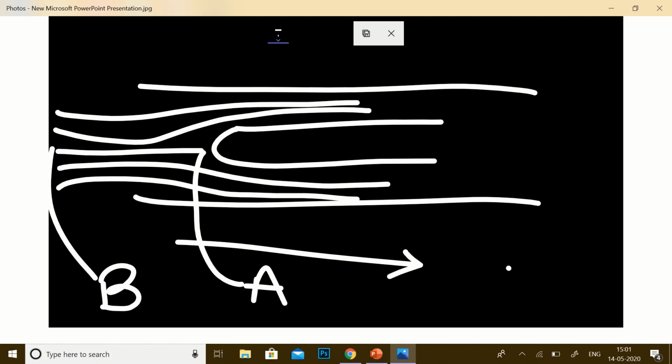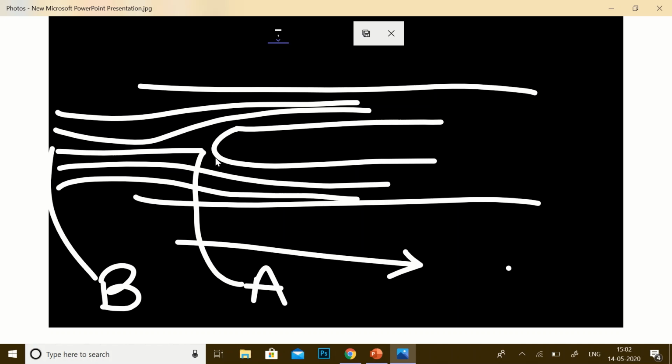So when the fluid is passing in this direction, we see that it is being stopped at point A and the velocity becomes 0 at point A. And as the velocity is 0, this particular point is called the stagnation point. So stagnation point is the point at which the fluid is stopped isentropically, that is reversible and adiabatically.